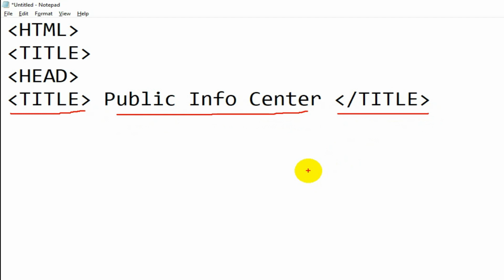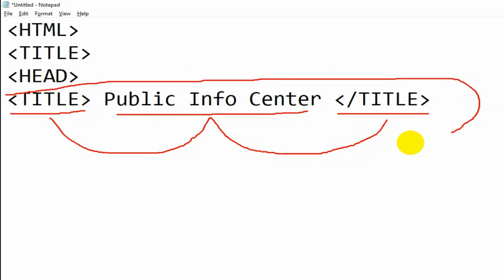So an element represents one complete individual component, meaning the mixture of this start tag, content, and end tag together. All of this total is called an element.